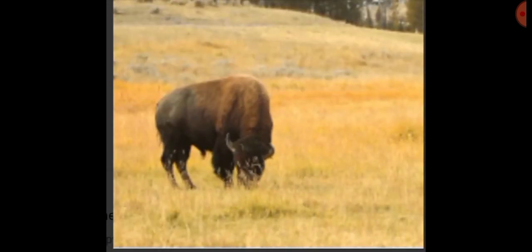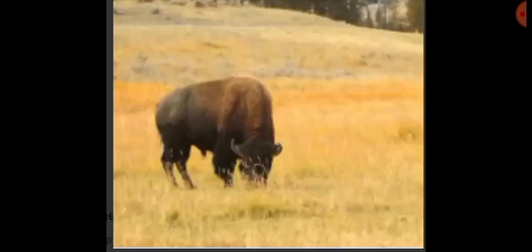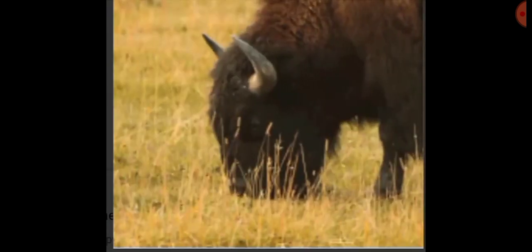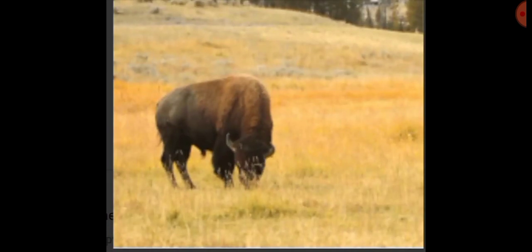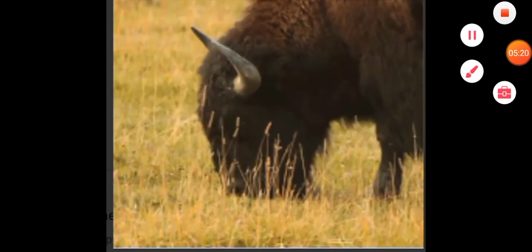The prairies are a vast stretch of land in the center of North America, and this land is either flat or hilly and covered with tall grass for miles and miles. Hardly any trees are found there. So students, hardly any trees are found there. That's why it looks like an ocean of grass. Means everywhere there is grass. Trees are not there. Rarely do trees grow in these areas. Only grasslands are found here.